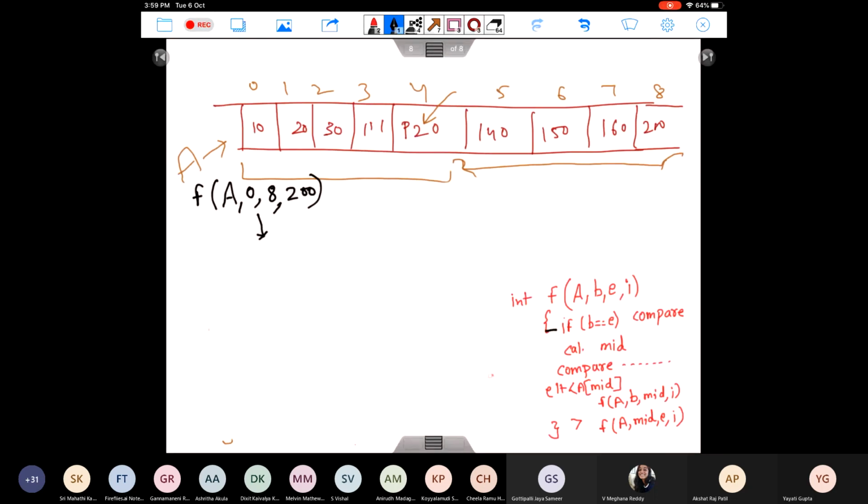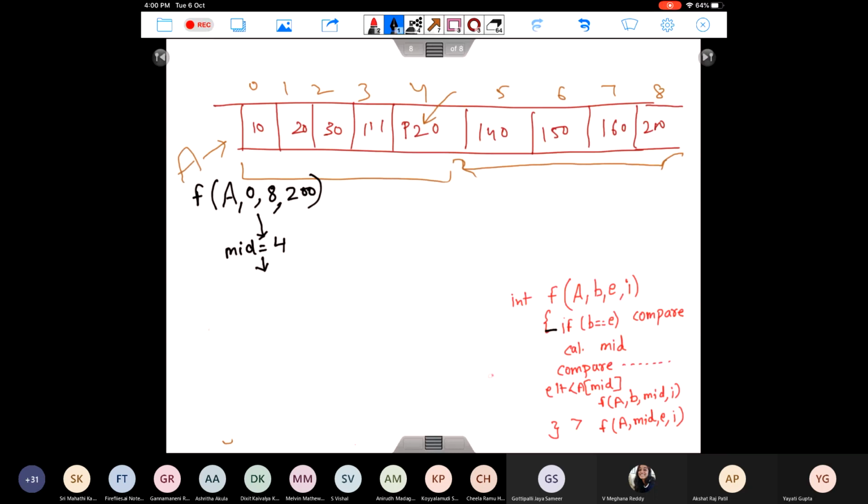Definitely at this time, beginning is not equal to end. So it calculates mid. So mid is 4. See whether your element is at the middle location or not. So 200 is not present at the fourth location. Perfect. Then I check whether my element is smaller than or bigger than a of 4. My element is bigger than a of 4.